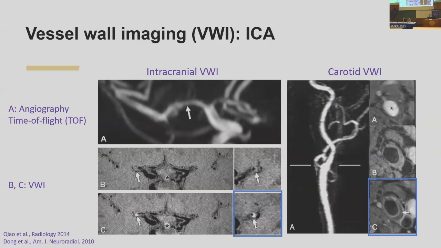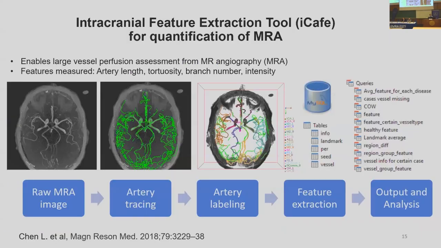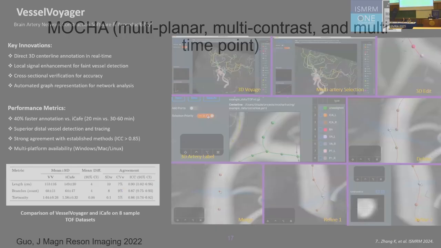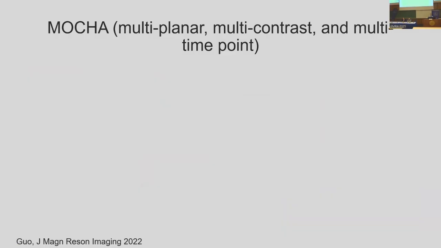But the challenge of intracranial arteries is that the artery is very small and tortuous. And if you want to look at the lesion with multi-contrast, you want to be able to create cross-sectional locations at any area along the artery. So that creates another challenge. And then we went through a pretty complicated process of eventually getting to this software we called MoCA. You actually see multiple presentations